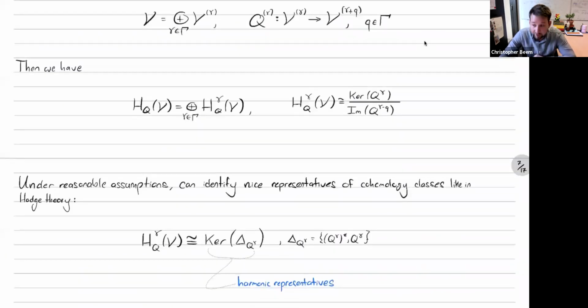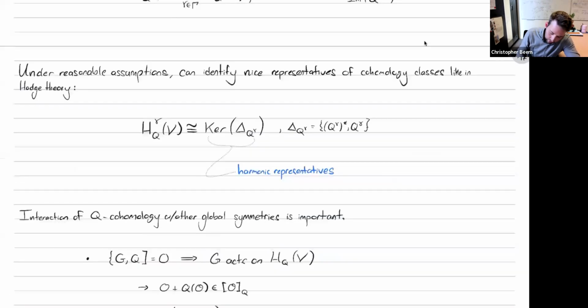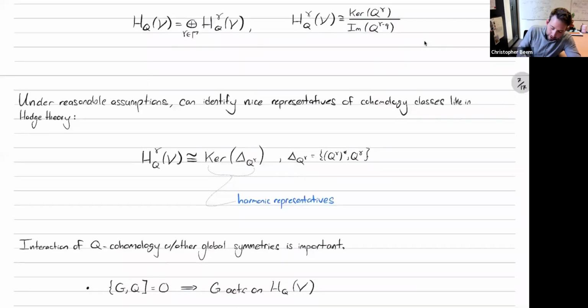Under fairly reasonable assumptions that I won't go into, but they're true in all the examples I know about, you can then identify some sort of preferred representatives of the cohomology classes of your supercharge. This is like you do in Hodge theory in algebraic topology, where you associate a given cohomology group, so a given set of cohomology classes of local operators, with their so-called harmonic representatives, which are the ones that are annihilated by what you get if you take the anti-commutator of Q